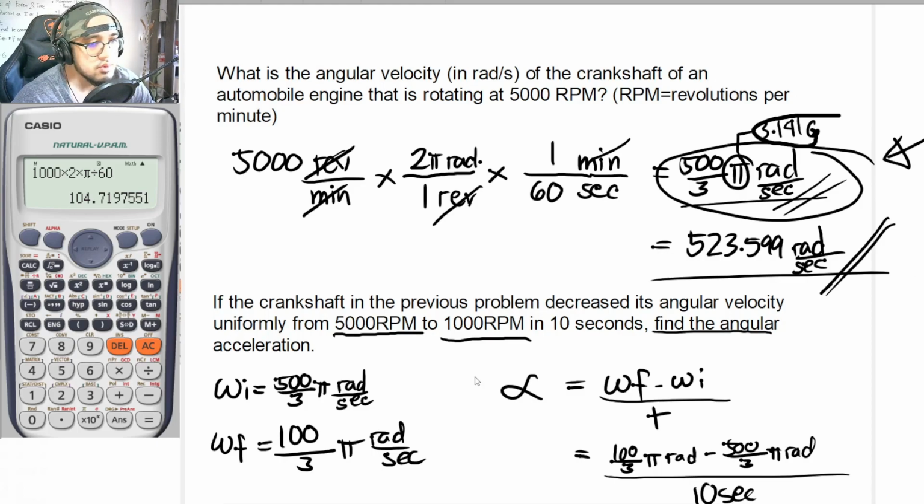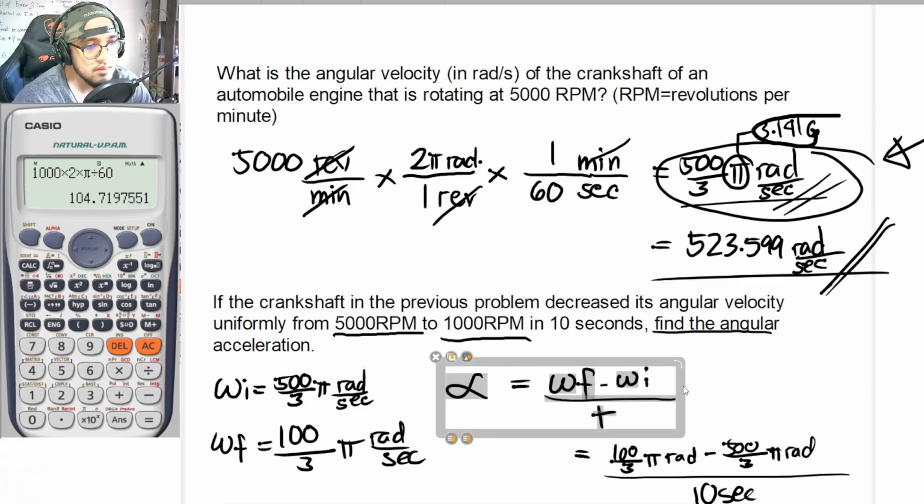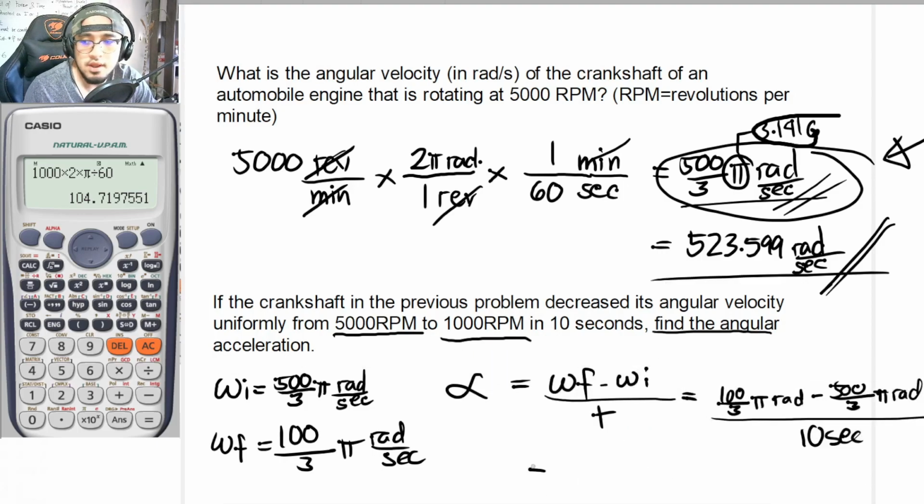So I will just be rearranging this. So our answer here would now become, looking at the calculator once again, 100 over 3 times pi minus 500 over 3 times pi divided by 10 seconds. So our answer here is equal to negative 40 over 3 pi